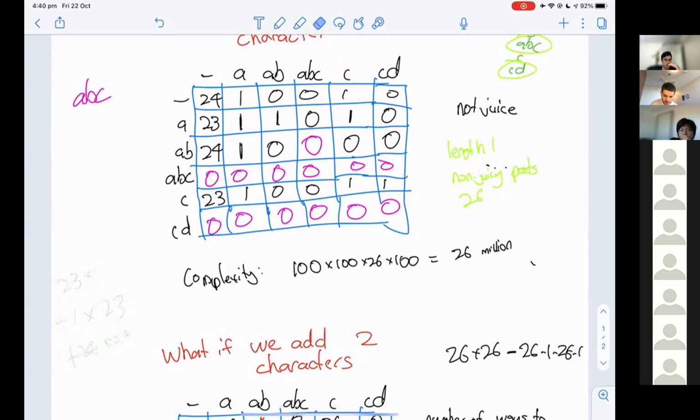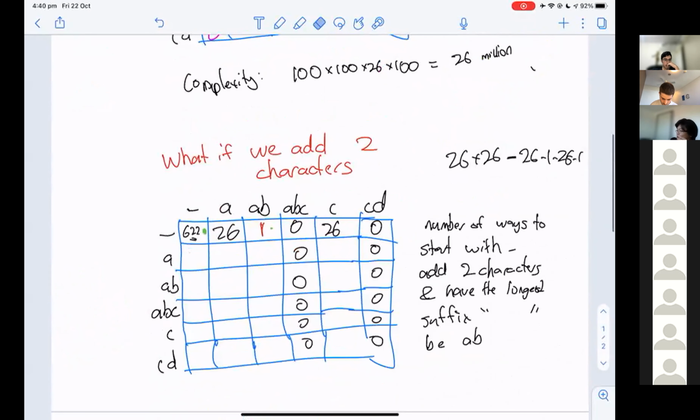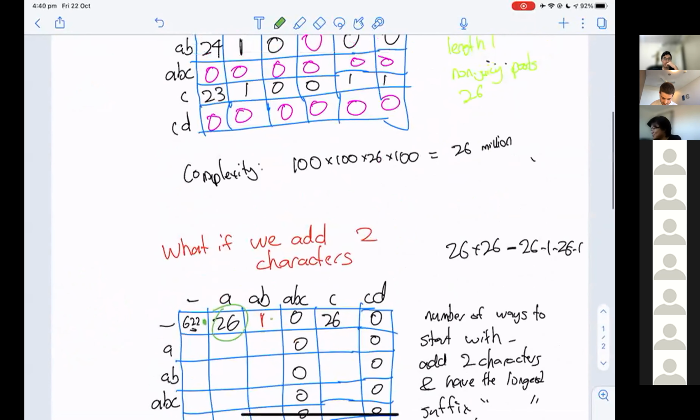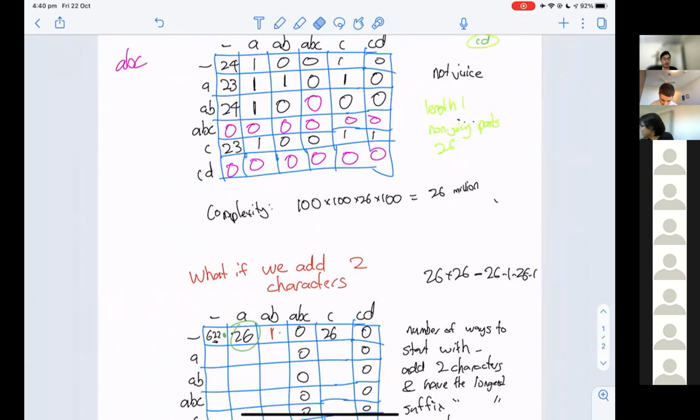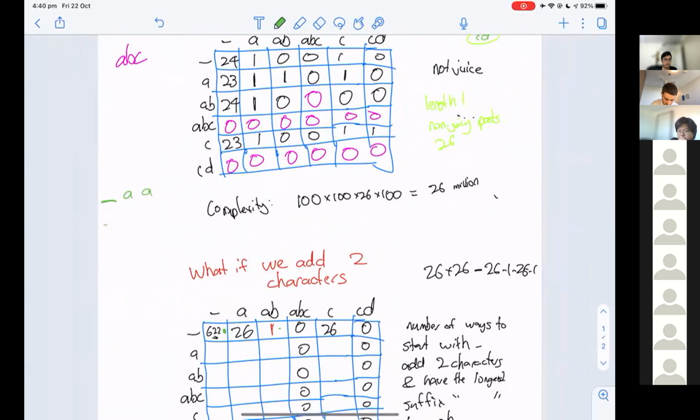As another example, let's try computing this value in here, this 26 in here. Well, this will be the number of ways to start with blank and then have A as an intermediary and then go to A again, or to start with blank, have AB as an intermediary, go to A, start with blank, have blank, go to A, start with blank, have C, go to A, start with blank, have ABC, go to A, and every other intermediary.